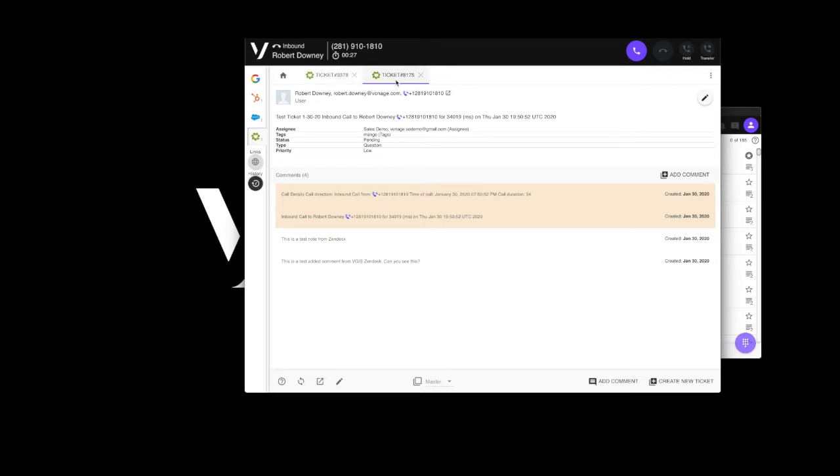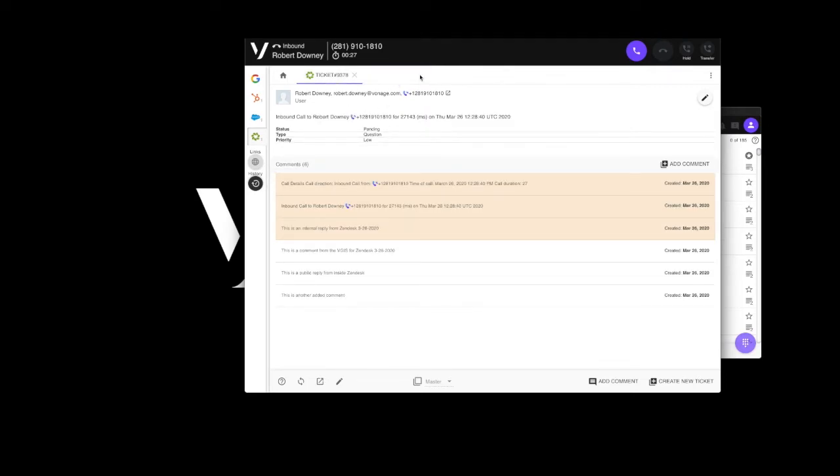However, it should be noted that this history button will only show you the history of your interaction between you and that customer. It does not reflect any interaction they had with other users, so you would need to go into Zendesk to see that further information. Also on this pop-up window, you can see that I have call control. I can call the customer back from here, I can end the call, I can place them on hold, and I can transfer the call, all from inside the system.